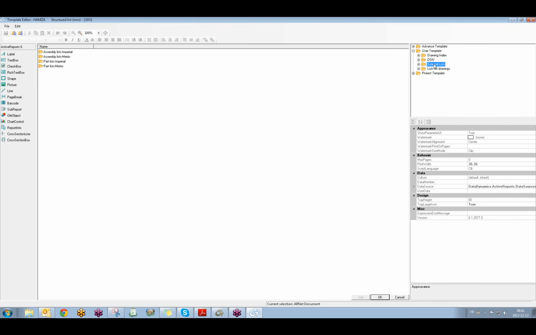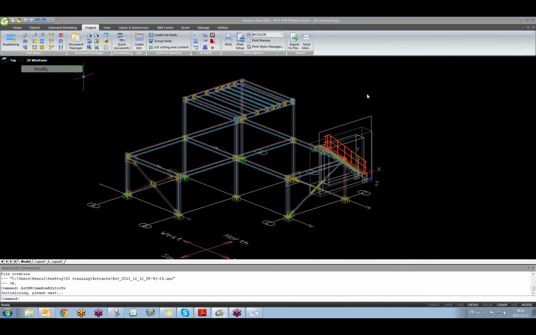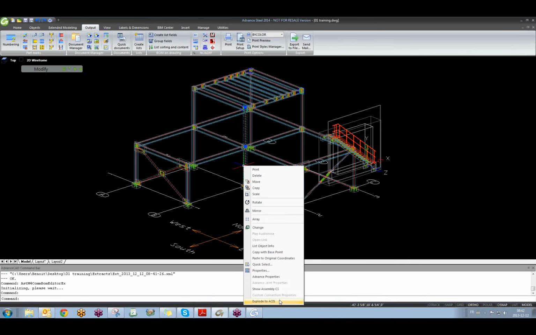templates automatically. For example, in here we have external lists. External lists are lists that we can export to PDF, XML, and many other formats. When you click in here, we have assembly metric, assembly imperial, parts metric, and parts imperial. Or, do you remember those, for example, if I